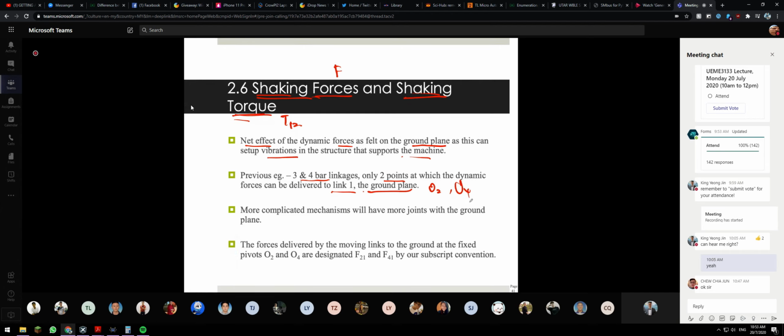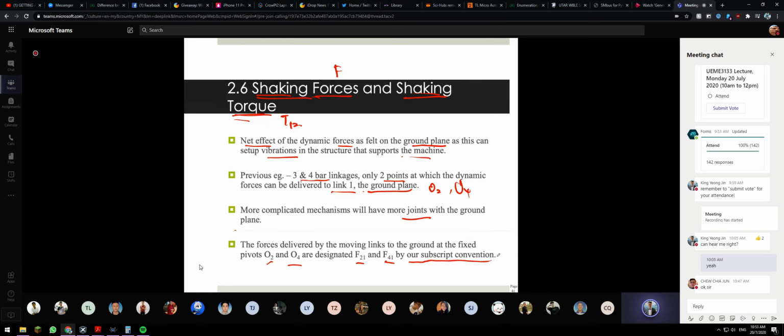So a more complicated mechanism will have more joints with the ground plane. The forces delivered by the moving link to the ground at the fixed O2 and O4 are designated as F21 and F41. So in our subscript convention, as the textbook says,